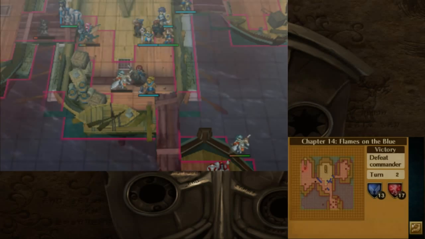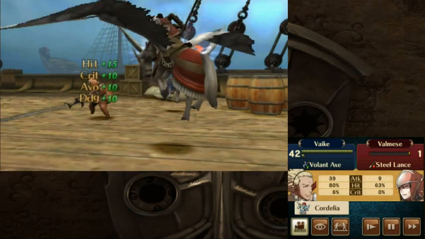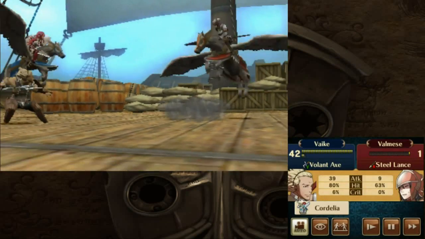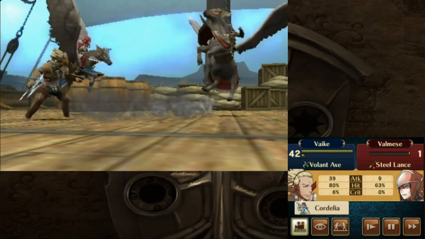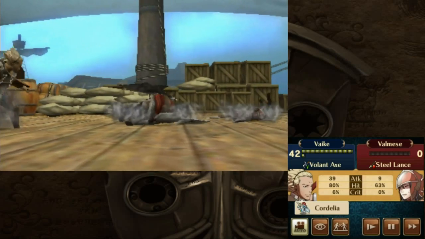Extra defense is definitely useful for Vake, though. His defense growth is not actually that bad, so... yeah, he does get a bit more durable later. It's just his starting defense that's not so good. And once again, a complete waste of the Vulan Axe, but...